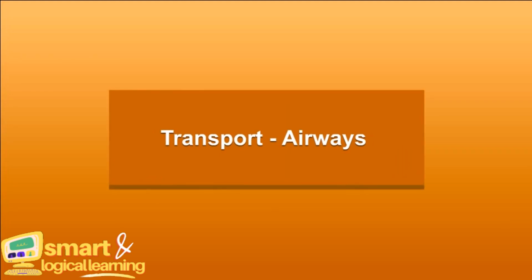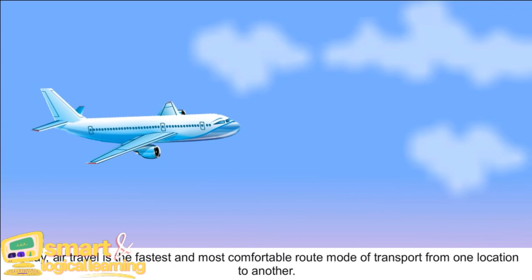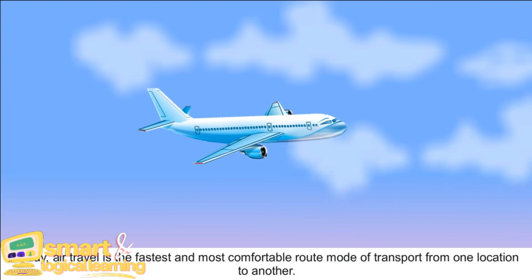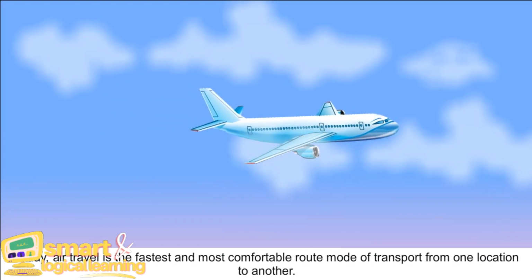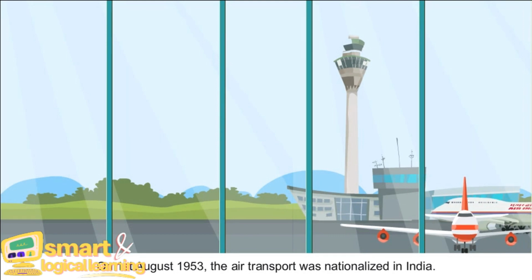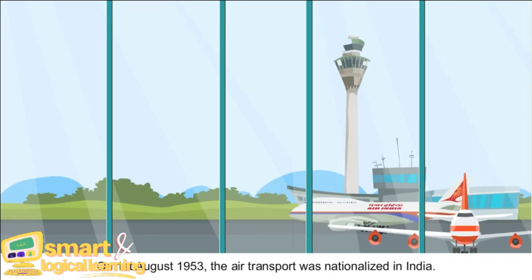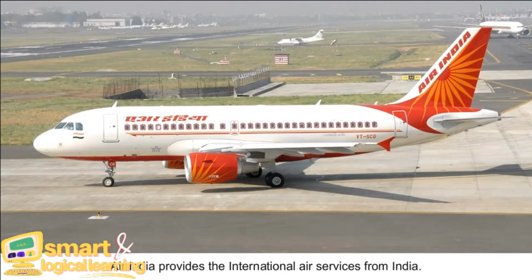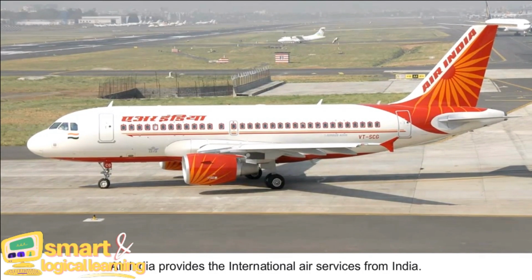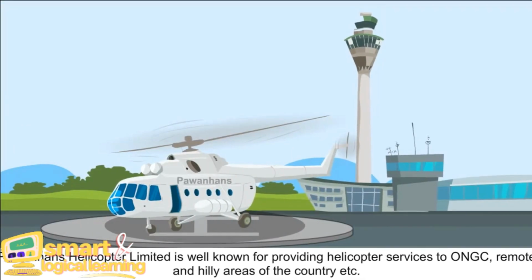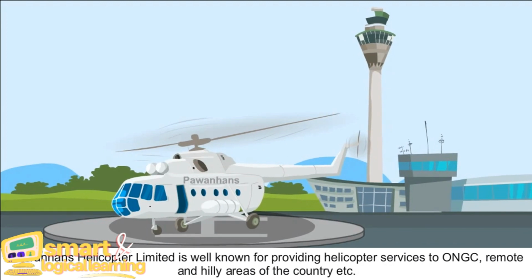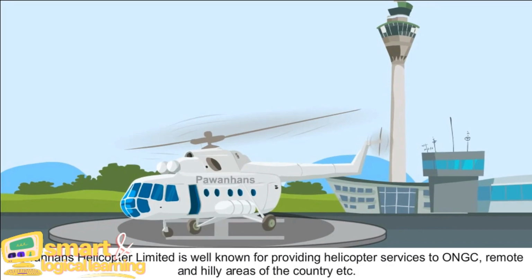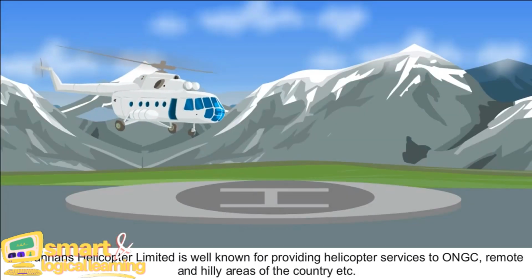Transport, airways. Today, air travel is the fastest and most comfortable mode of transport from one location to another. On 1st August 1953, air transport was nationalized in India. Air India provides the international air services from India. Pawan Hans Helicopters Limited is well known for providing helicopter services to ONGC, remote and hilly areas of the country,